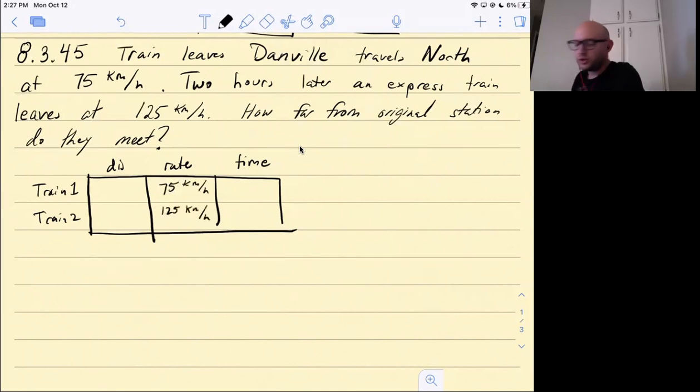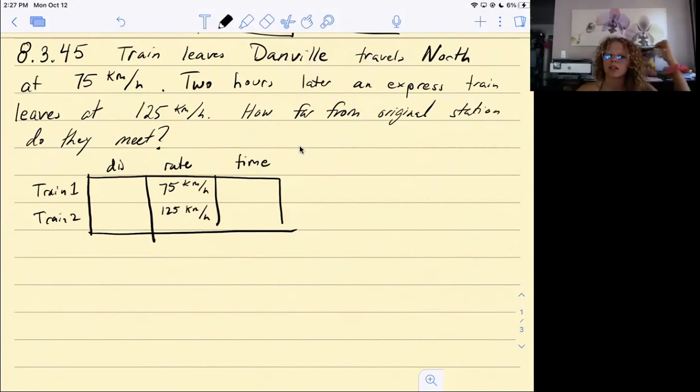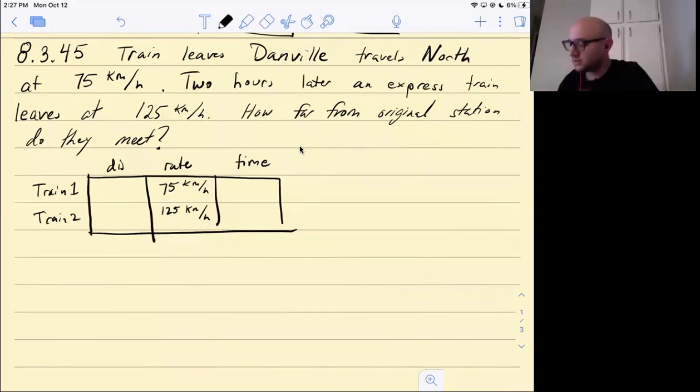Are we given any information about what the distance is or what the time is for the first train? And I like to go trip by trip or train by train. We're given that the second train leaves 2 hours later, so it'd be t minus 2. Nice. So the first train is just t, and then Lily suggested to make it t minus 2 for the second train because it's 2 hours later. That's really good because you don't want to use too many unknowns. If they tell you that some things are related, like something left a little bit later, you can adjust it using a variable that you already have.